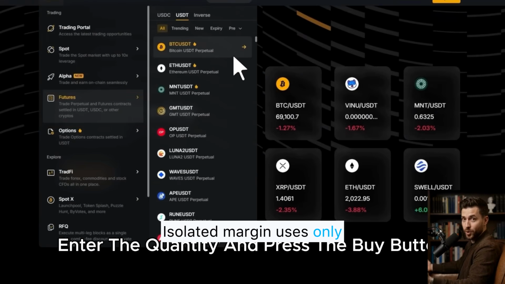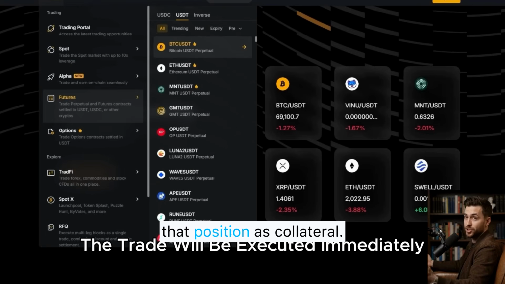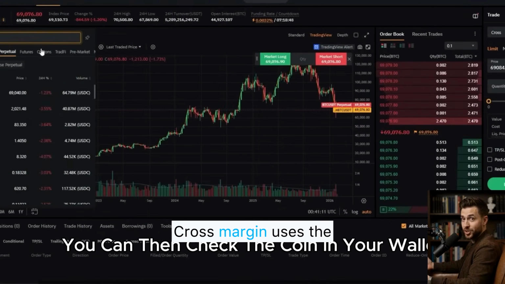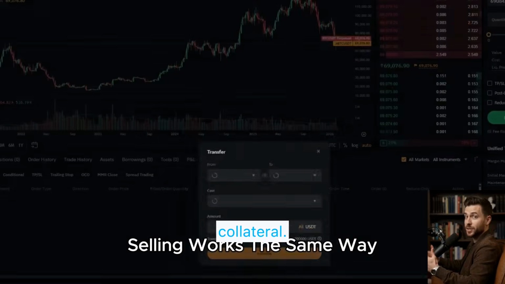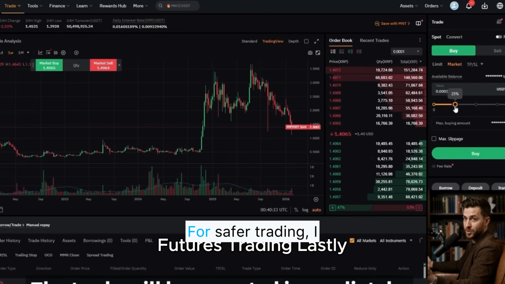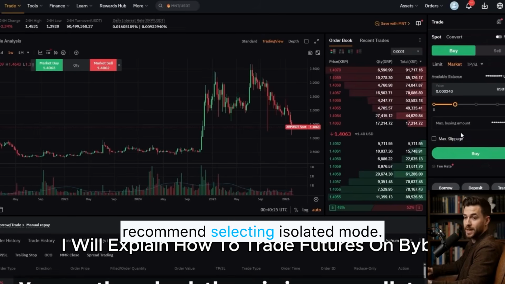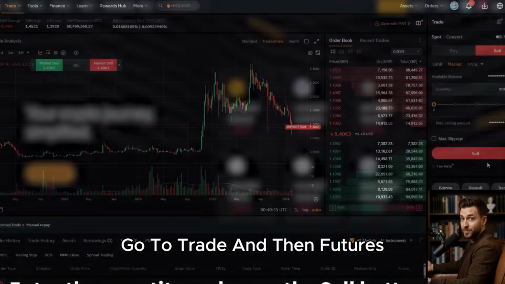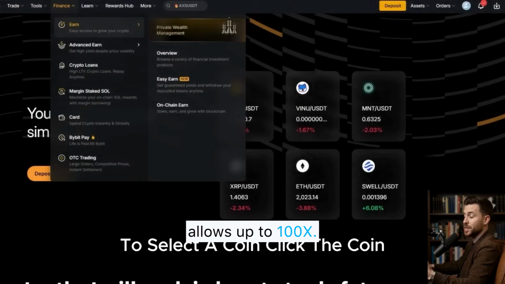Isolated margin uses only the assets allocated to that position as collateral. This makes it advantageous for risk management. Cross margin uses the entire account balance as collateral. Losses can affect the entire account, so caution is required. For safer trading, I recommend selecting isolated mode. Next is leverage selection. The maximum leverage varies by coin, but Bitcoin allows up to 100x for